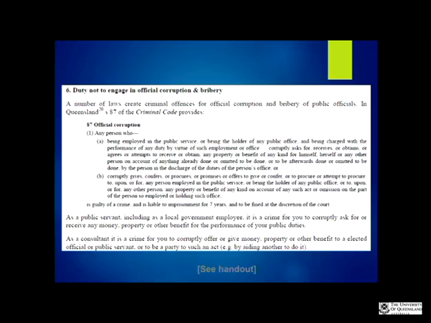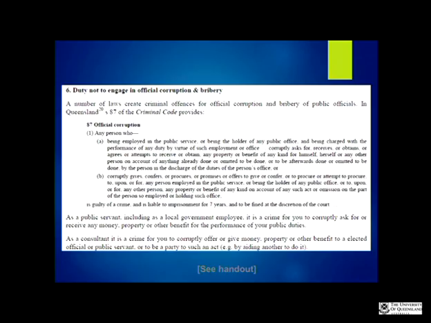So if a person who is employed in the public service or holds a public office, okay, so that would include people in city councils who are considering development applications, they would be someone who is in public office, being charged with the performance of any duty by virtue of their employment. If they corruptly ask for, receive, obtain, or agree or attempt to receive or obtain any property or benefit of any kind for themselves or any other person on account of anything done or omitted to be done, they are guilty of a crime and liable to imprisonment for 7 years and to be fined at the discretion